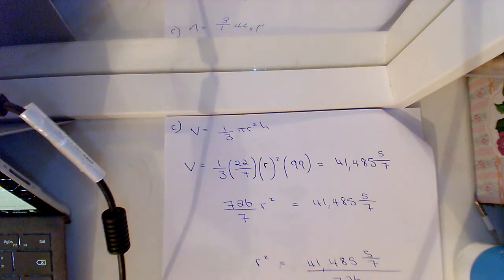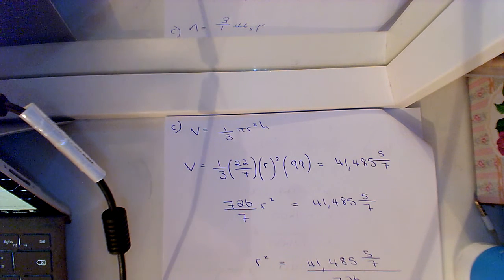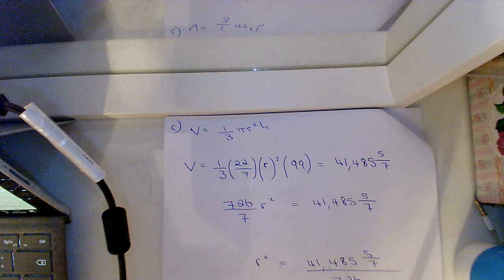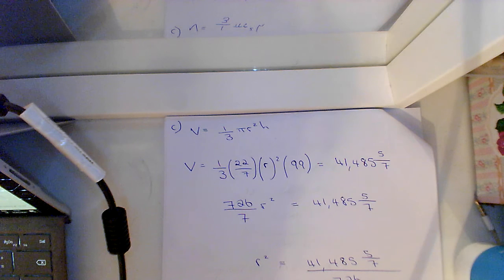So pi is 22 over 7, my height is 99, my volume is 41,485 5/7. So my formula for volume is 1/3 pi r squared h. So I have 1/3 (22/7)(r squared)(99) is equal to 41,485 5/7. When I multiply 1/3 by 22/7 by 99, I get 726/7 r squared, and that's equal to